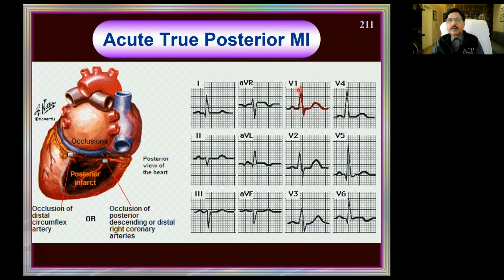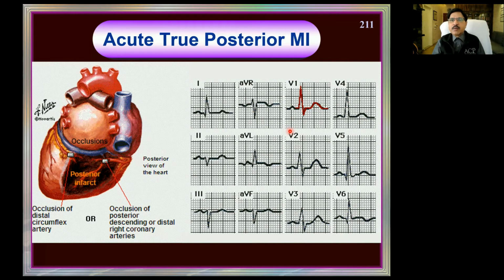You don't see typical ST segment elevations and T inversions. The only thing is, V1 shows an unusually tall R wave. I told you when there is an R wave in V1, there are three conditions: posterior infarct, right bundle branch block, and right ventricular hypertrophy. Is it right ventricular hypertrophy? If it is, I will see a deep S wave here, and I don't see that. And if it is RBBB, I must get an RSR pattern and a wide QRS. That also is not there. So most likely it is posterior infarction.